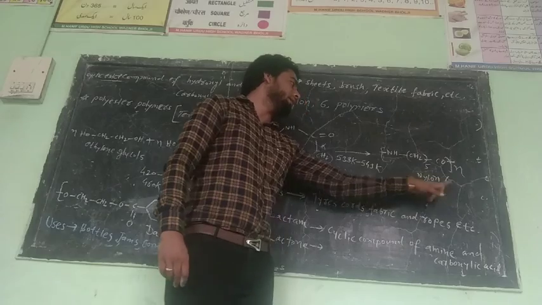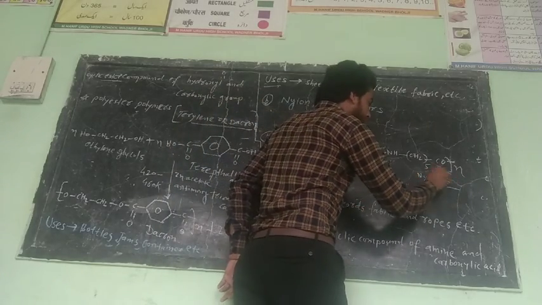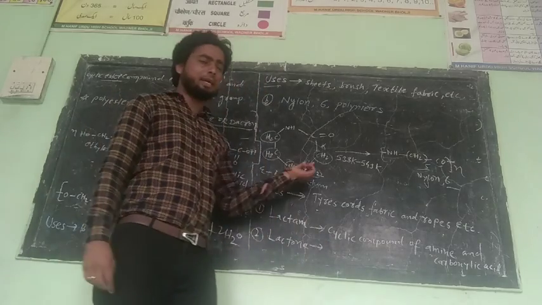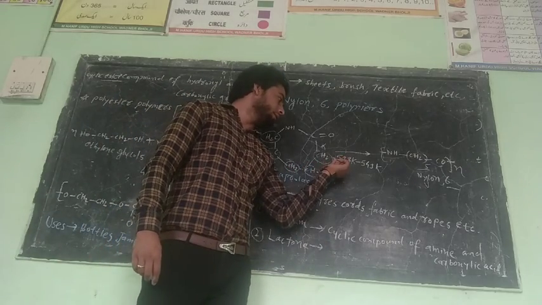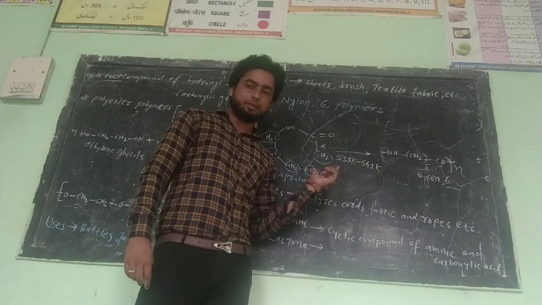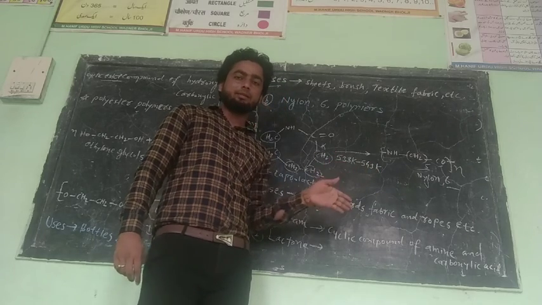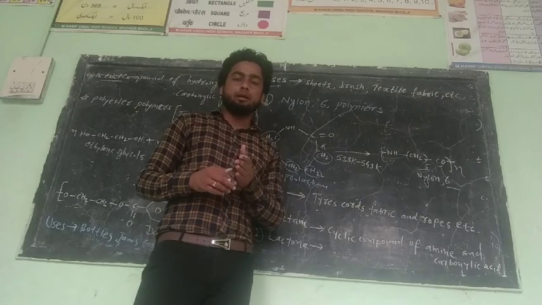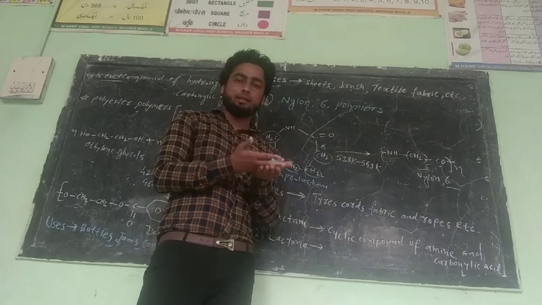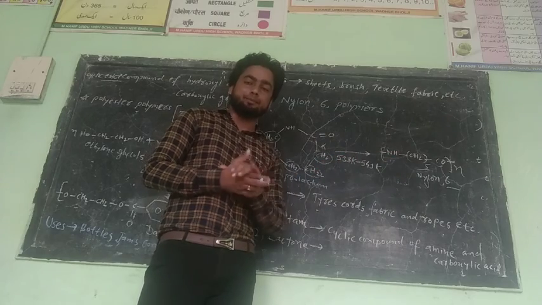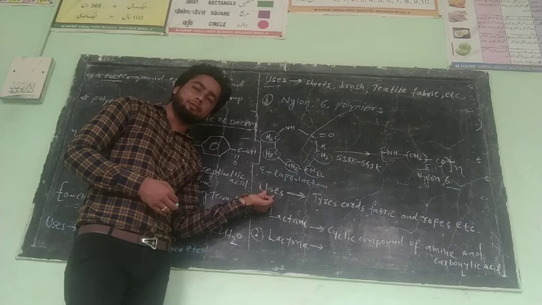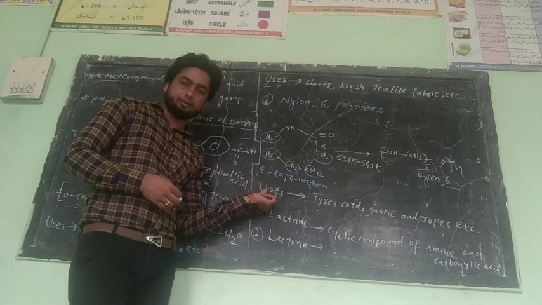This 6 indicates what here? This 6 indicates the number of carbons: 5 plus 1, 6. This reaction takes place in the presence of 533 Kelvin to 543 Kelvin temperature. Clear? Okay, it's a simple reaction. All we did was take caprolactam, rearrange it, and the ring which was closed, we opened it. All the atoms are the same. Clear?